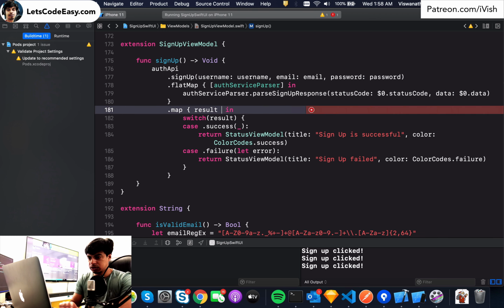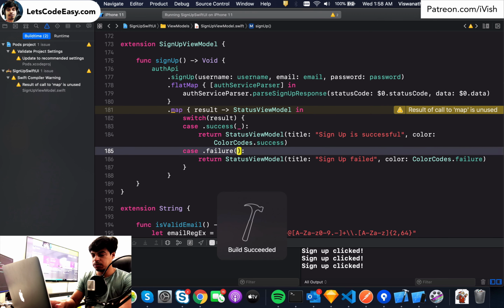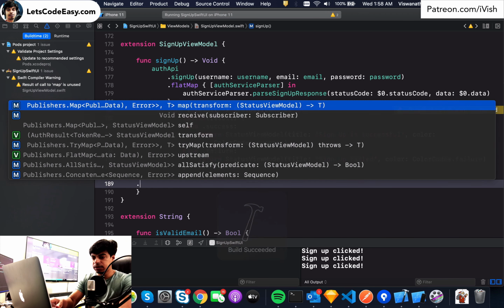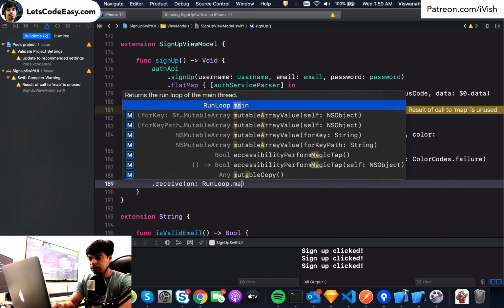So maybe I can just say it should return a status view model. Okay, that's good. Error, not capturing even that. Success and failure, I'm just ignoring those messages which are coming from the server. So that's done. Now I can receive this value on the run loop.main